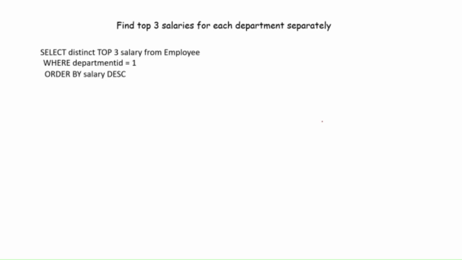So here we will select the top 3 salaries from the department separately by plugging in the department ID, like hard coding the department ID using the where clause. So in order to do that, the query now looks like select distinct top 3 salary from employee where department ID equals 1, order by salary descending. And it returns the top 3 salaries of the